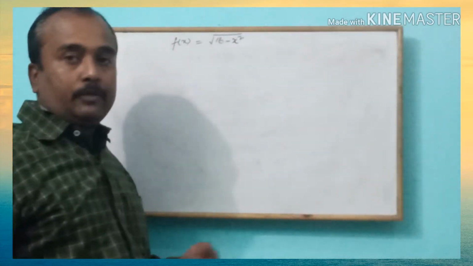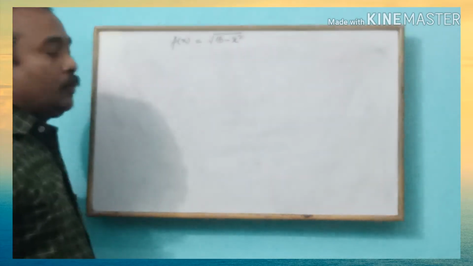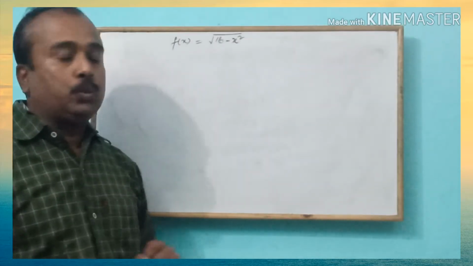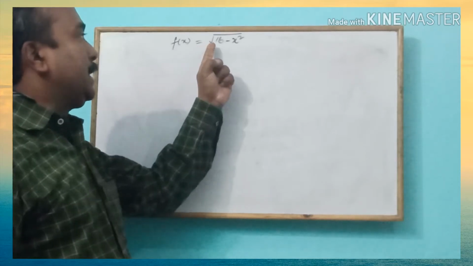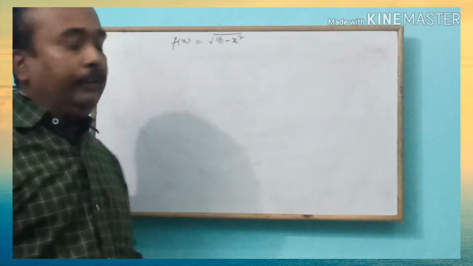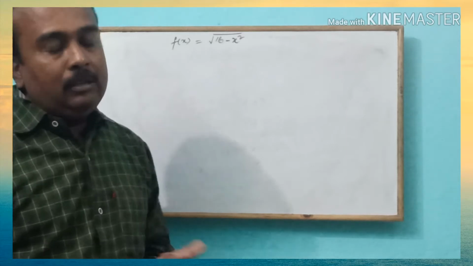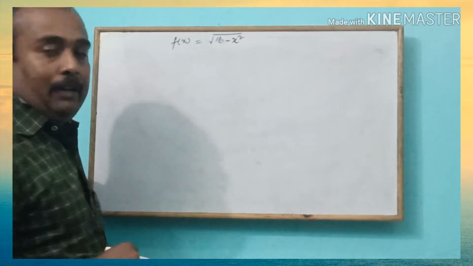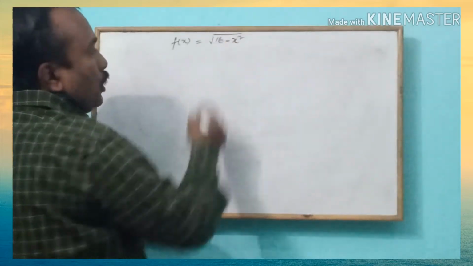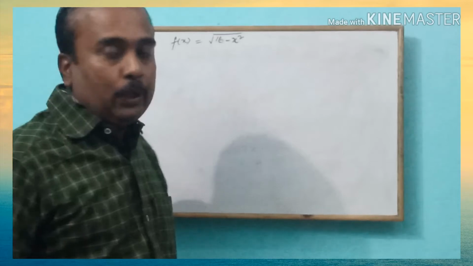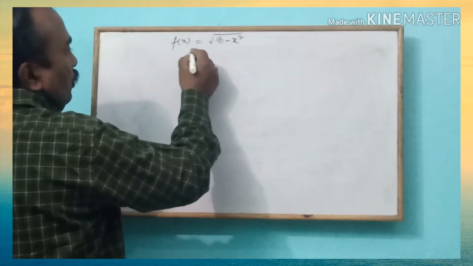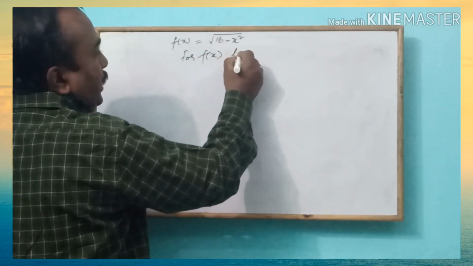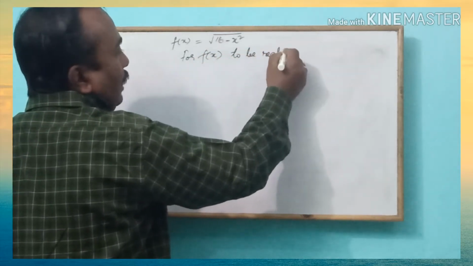Let us see this particular function. f(x) is equal to root over 16 minus x square. Now, we should be very careful when there is a square root. If 16 minus x square becomes negative, then the function will become complex. So, for this function to be real valued, whatever we have inside the square root should be more than or equal to 0. So, for f(x) to be real valued,